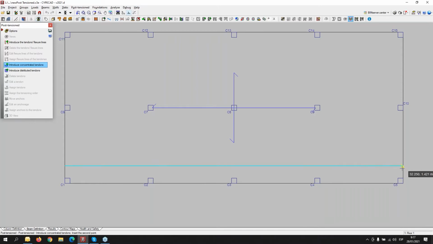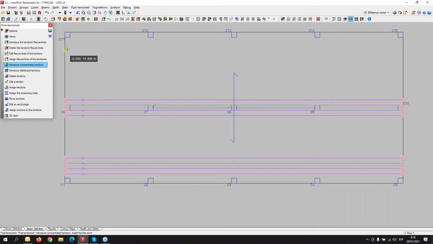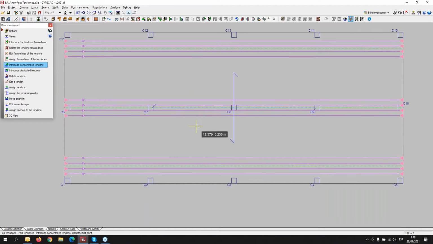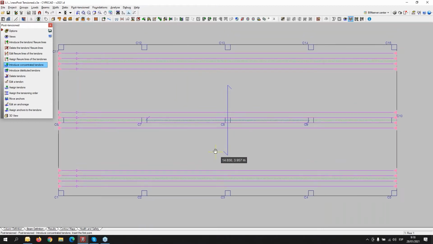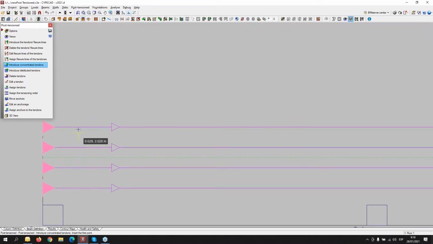I will use the reference, the cut reference, and I will position the tendons in 3 files for our project. In the middle of the group,